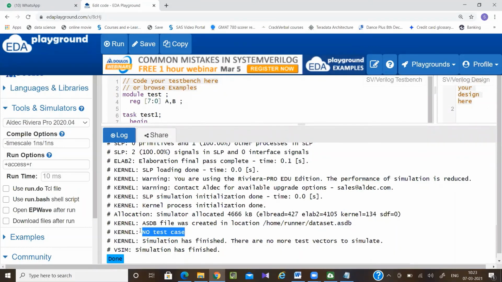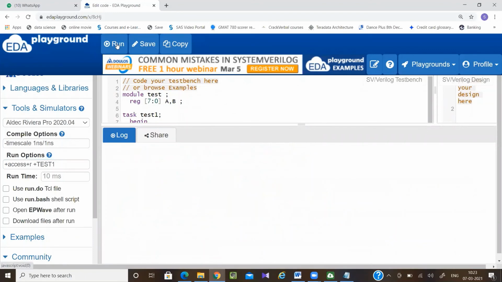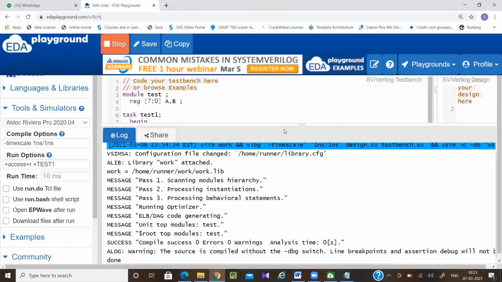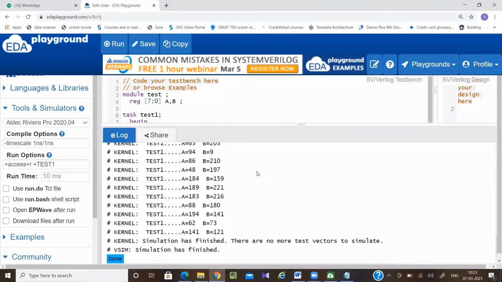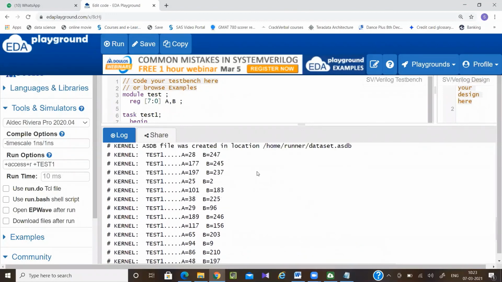No test case. Why? Because see, this is my run command. I have not passed anything through my run command, right? So it is giving me no test case has been given. Now here I'll be writing +test1. Now see, test1 is called, right?